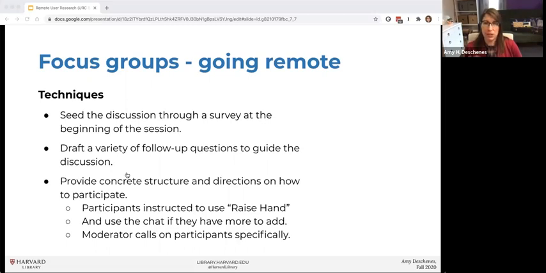Participants were instructed to use the raise hand option when they were ready to speak or contribute to the discussion. And if they felt like they didn't get a chance to say what they wanted to say, because the person who was already talking moved on to another topic and then someone else joined it, there are those threads that can get lost in a conversation like that. I invited them to use the chat to add more, and definitely made sure that in Zoom, I had put it on to record the chat. So we had all of that information.